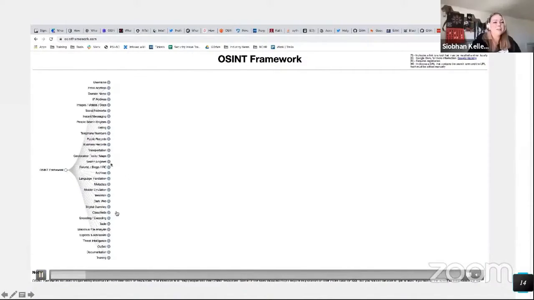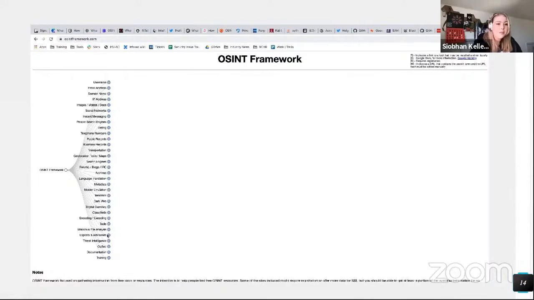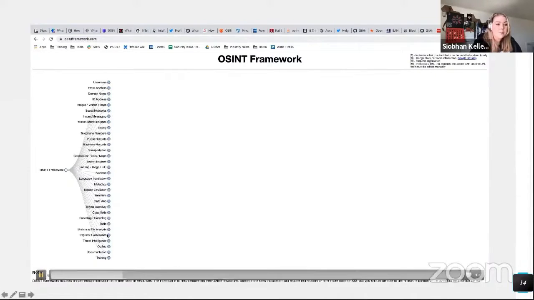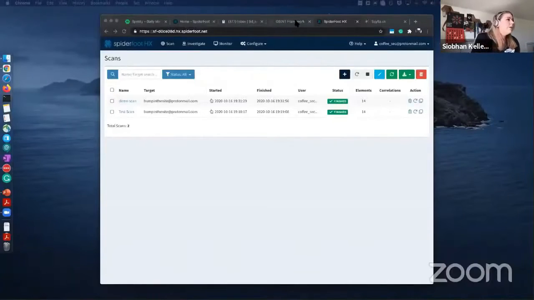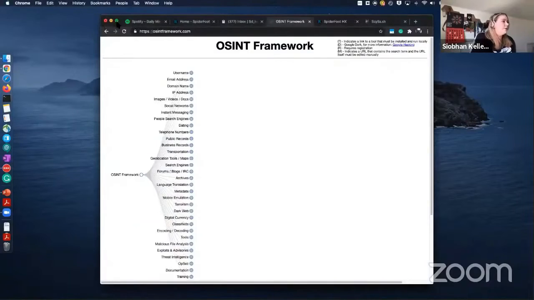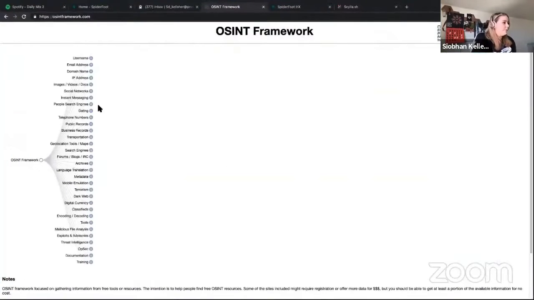All right, so when you go into the OSINT framework, there's lots of different options that you can click on that will give you different information. Let me just switch to live. Okay, so when you go into the OSINT framework, there's lots of different links here that will give you all kinds of different information. There's training information in the bottom. There's information about keeping yourself safe. If you look down, there's some dark web and some other information down here.